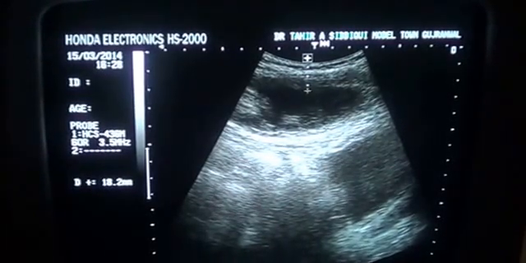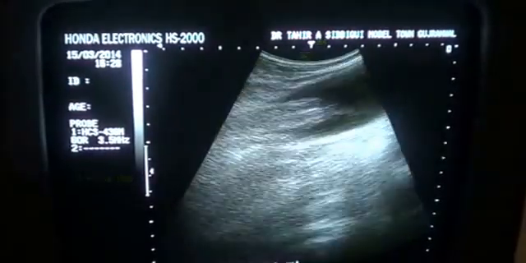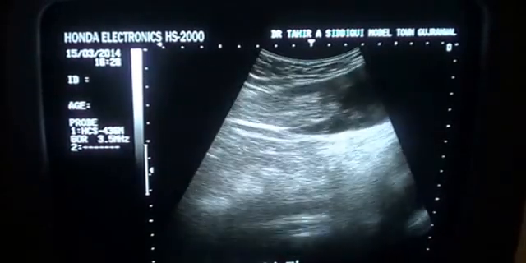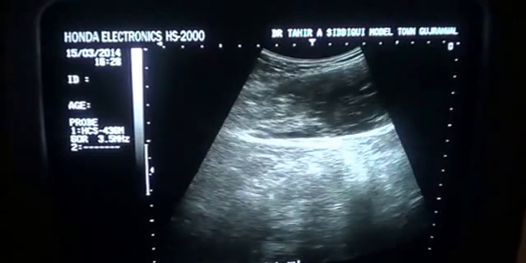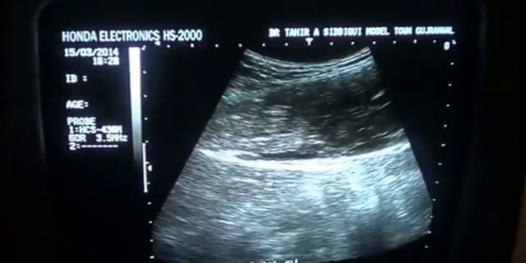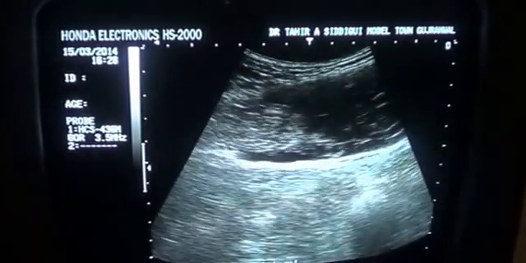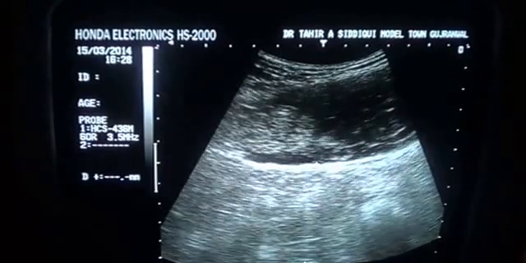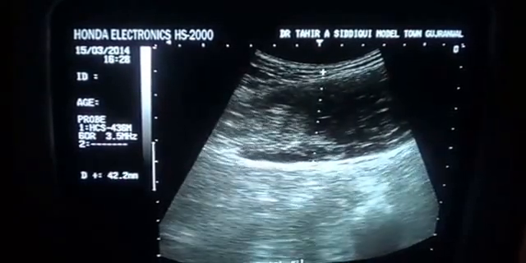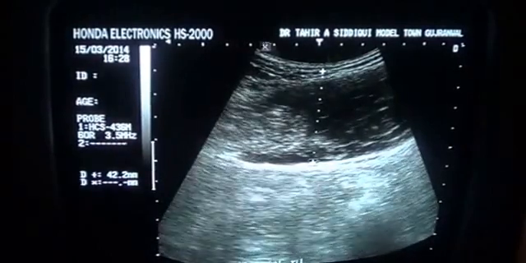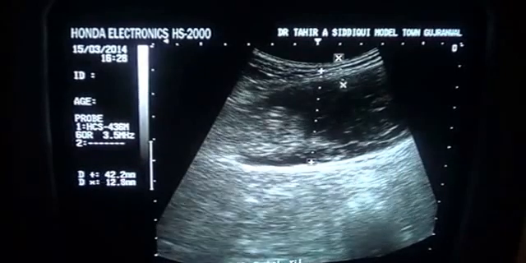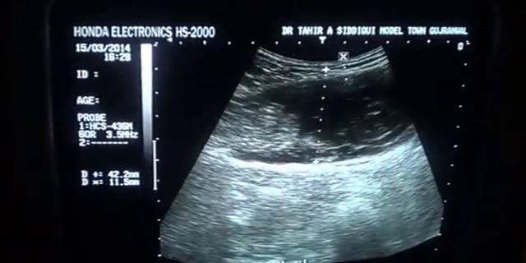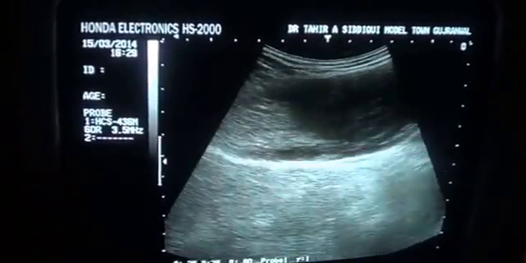only 15 millimeter deep to the skin, with internal echogenic material. It is in the subcutaneous tissue. Why? Because if you concentrate on this, this is the peritoneal line, this is the subcutaneous tissue, this is the skin, and from this angle it's only 11 millimeter deep to the skin. Now it's a subcutaneous collection